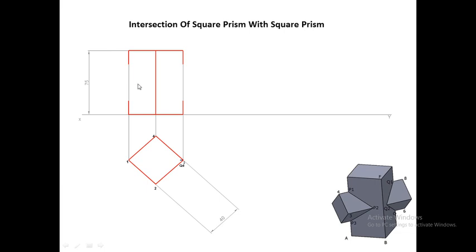You can see here that in the front view we have drawn two rectangles. First this rectangle and the second one is this. It is clearly visible from this figure that the front view will consist of two rectangles. First rectangle will be this and second rectangular face will be this. So this is the front view of the vertical square prism.